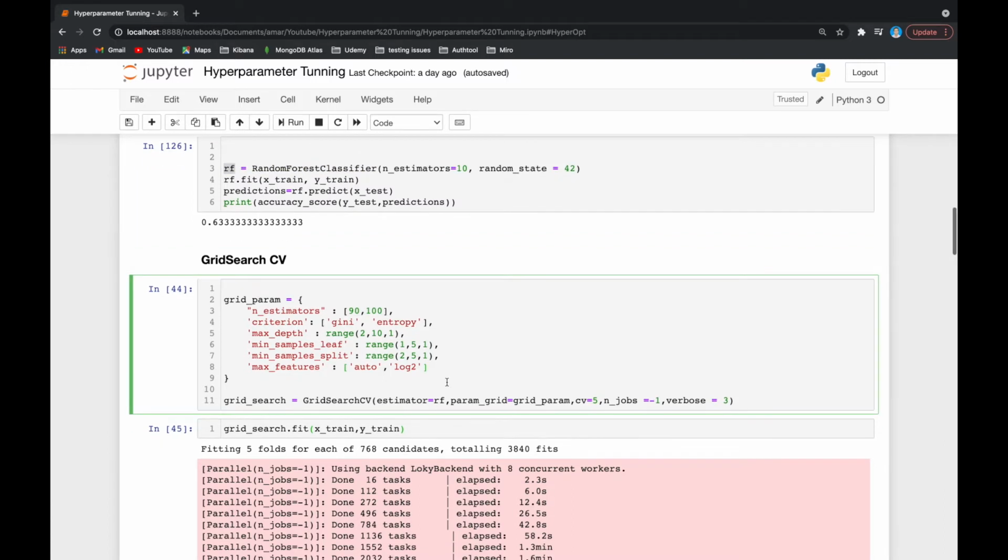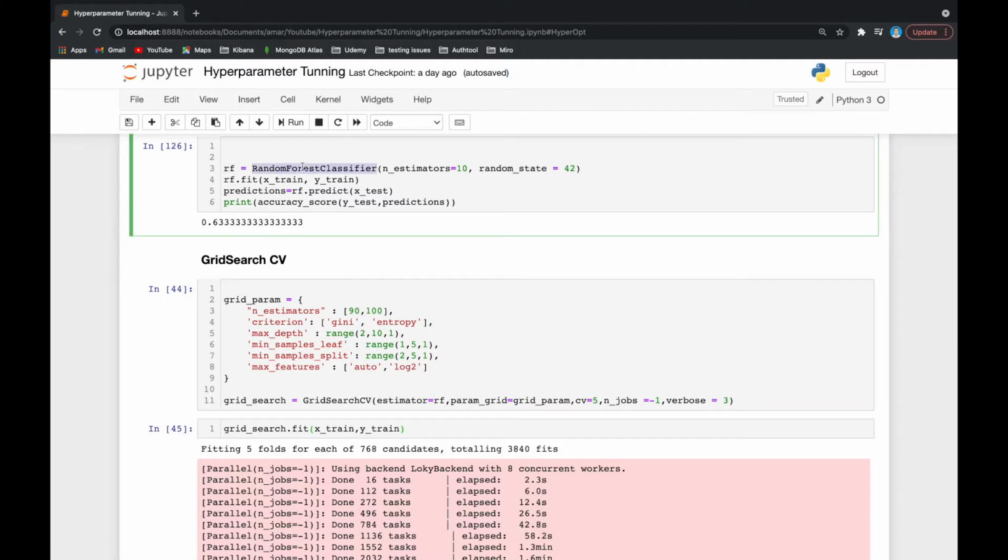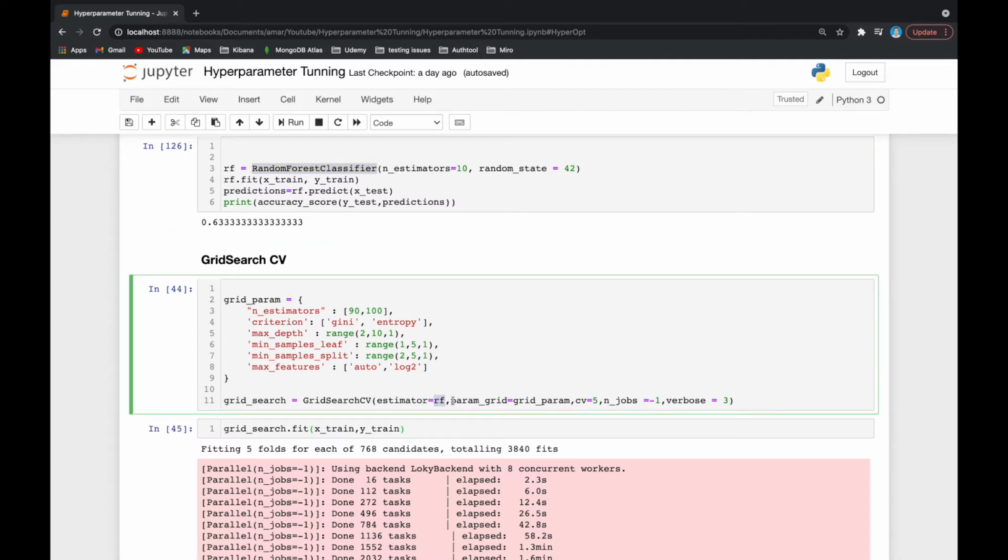Okay. So first of all, we have created our object of grid search, and inside this class, as the estimator, you have to pass the object that you have created for your machine learning model, that is random forest classifier. Okay. The second parameter that you have to pass is your grid parameters, the hyperparameters that you want to tune.